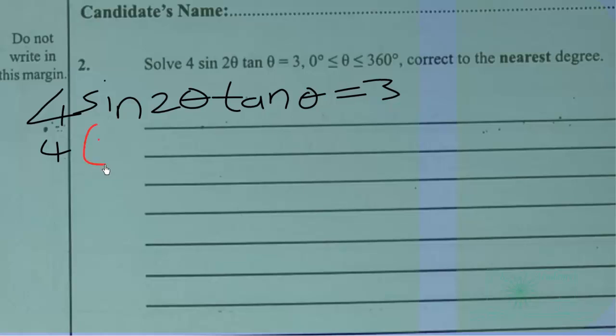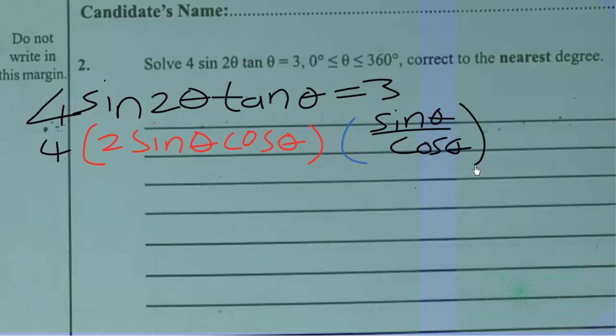We rewrite it as 2 sine theta cos theta. Then again, tan theta, you write it as the basic trig ratios, in terms of sine theta and cos theta, which is sine theta over cos theta,